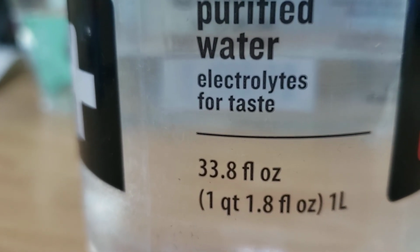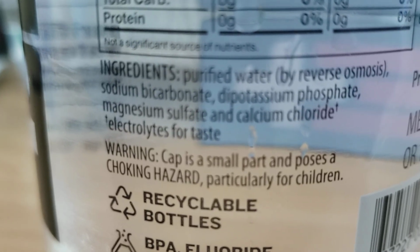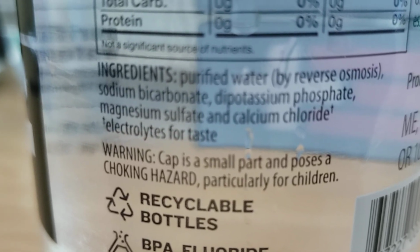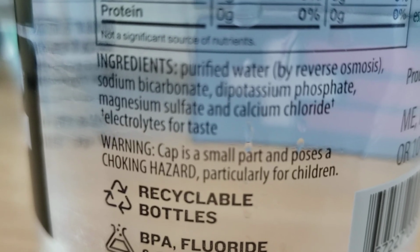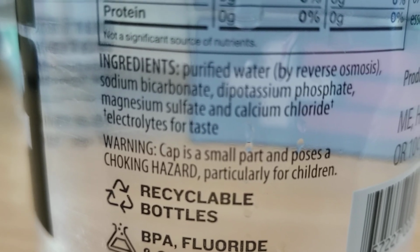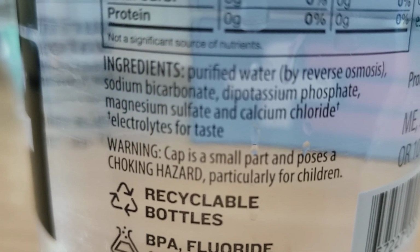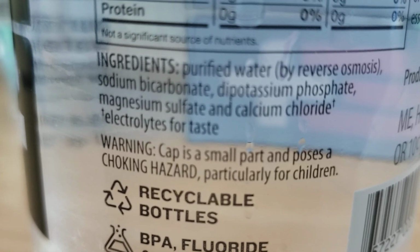All right, purified water, electrolytes for taste. This is the back of it. Purified water by reverse osmosis. So that means that they strip everything out of the water. Everything that was alive, any minerals, everything stripped from the water. Then they add sodium bicarbonate, which is baking soda, or if you look it up, the first ingredient in,